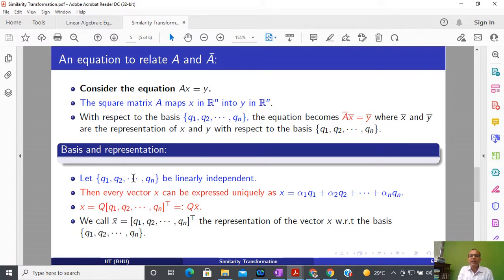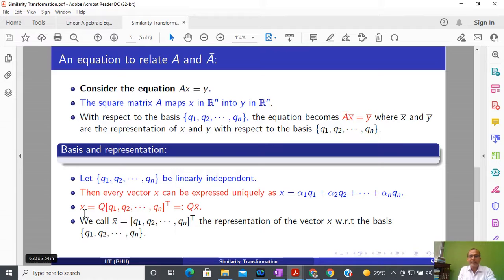Okay, so Q1, Q2 and Qn, we have understood how to generate. One way to generate is in controllable companion form. Similarly, I can generate by observable companion form also. Okay, so I have a different choice. Now if I have two choices, then how are they related? We are going to find that kind of